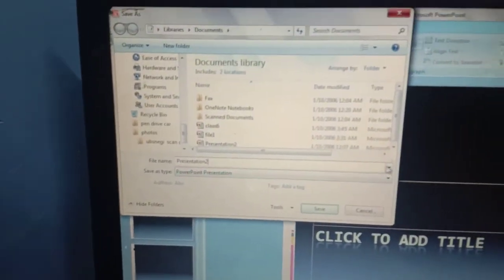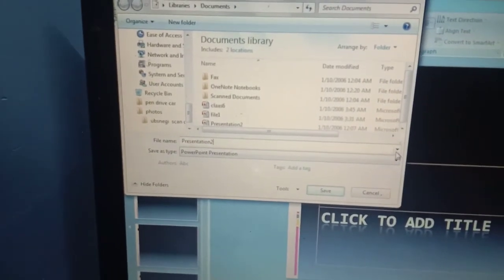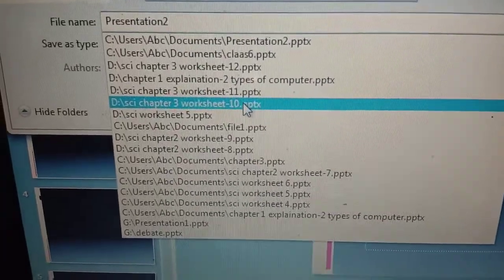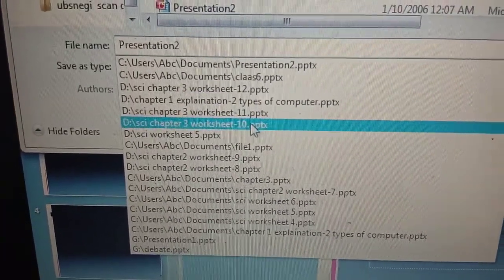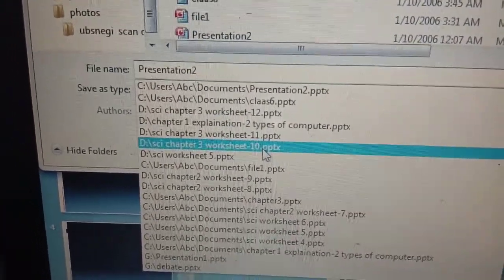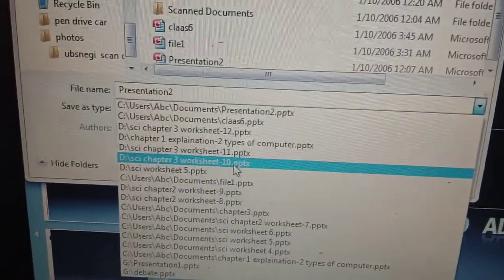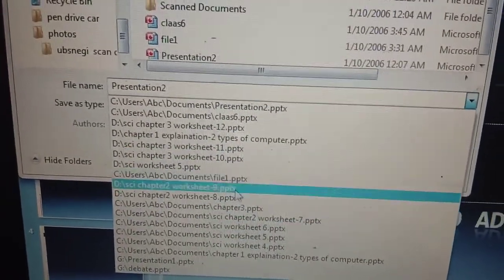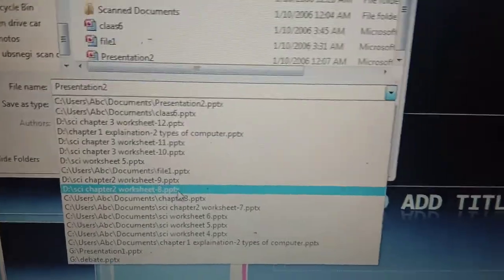This presentation is with the extension .pptx. So your presentation is by default saved with the extension .pptx.